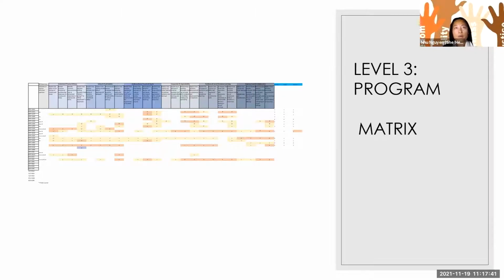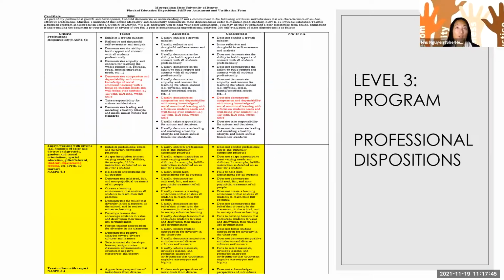We've moved it further to also include program professional dispositions. So as I've highlighted just a couple of these areas, we've got a disposition document that is probably about 3 to 4 pages in length. Sorry about that. I'm trying to zoom in and it's not allowing me to zoom in on this. It will allow me to zoom in just a little bit, enough for you to maybe see this area,